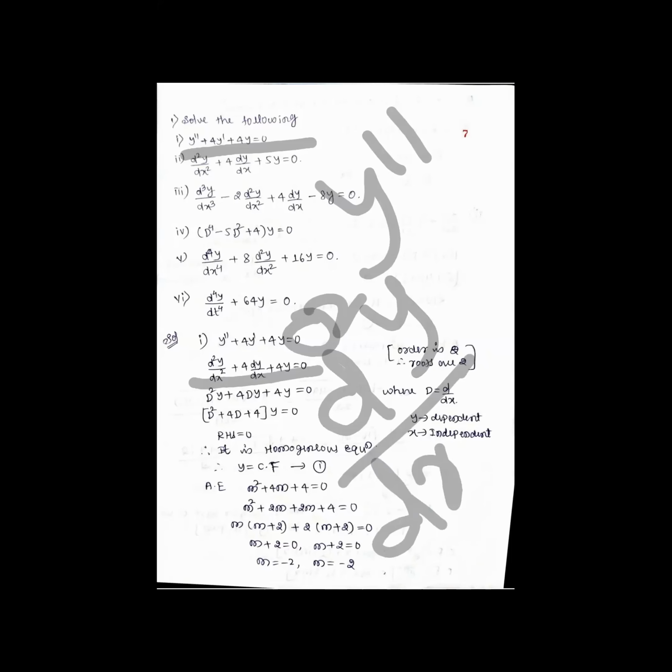So here, what is the highest order? You tell me by seeing this equation. Two. So the highest order is 2, so we are going to get 2 roots, keep that in mind. And here, y double dash he has given, which means it is nothing but the double derivative, d square y by dx square.